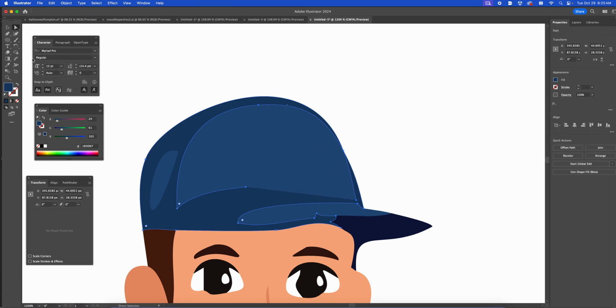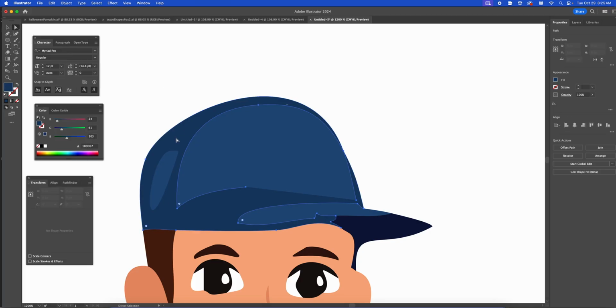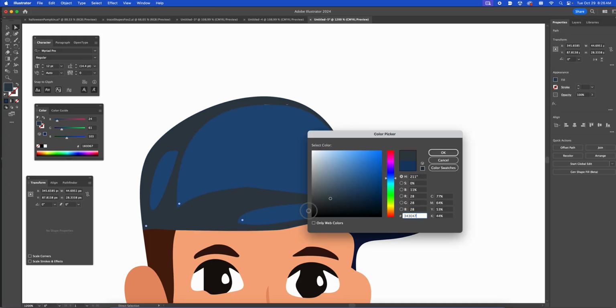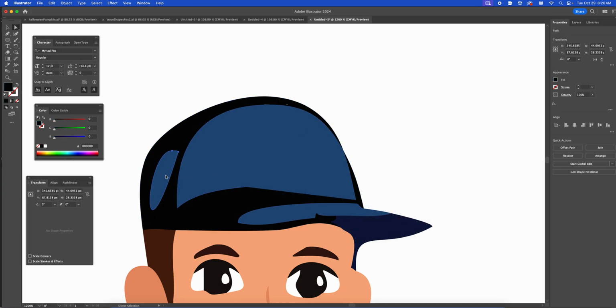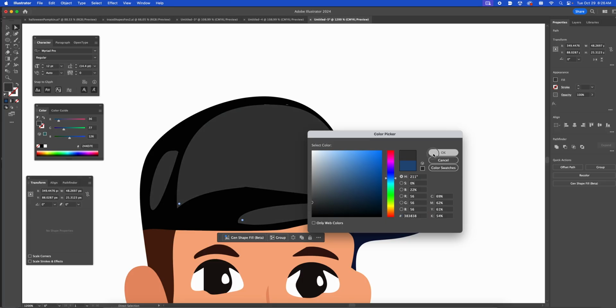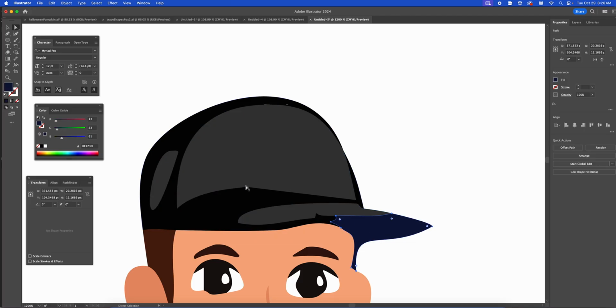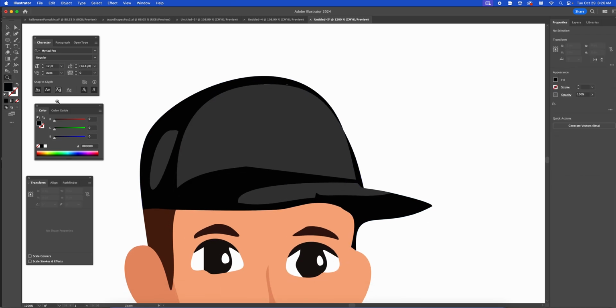Okay, and then I could, you know, maybe I'll type in a MB for now. We'll put it in. Oh wait, the hat needs to be black, right? So I'm going to select this part, change the color to black. Okay, and then these parts are like reflective parts of the black, so it'd be a little bit like maybe like that. So when the light hits it, and then underneath, this should probably be, we'll just go with black. Okay, now you're going to spend a lot more time on your details. I'm going to cut things short for